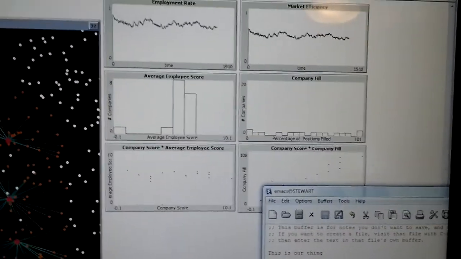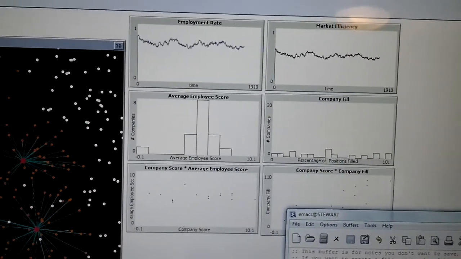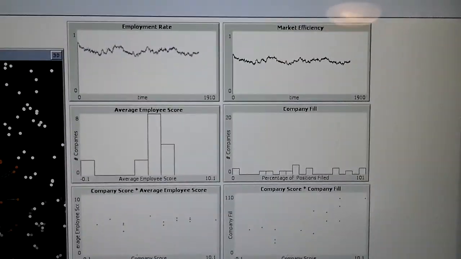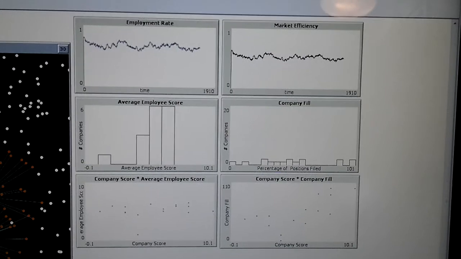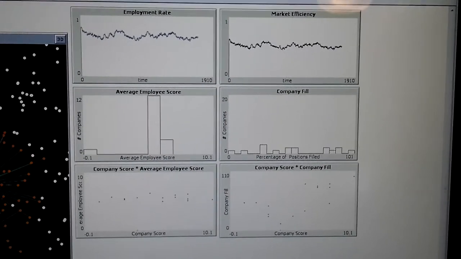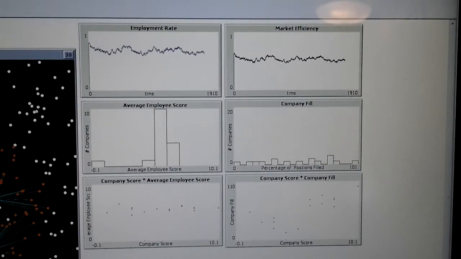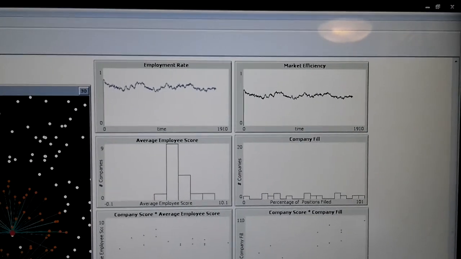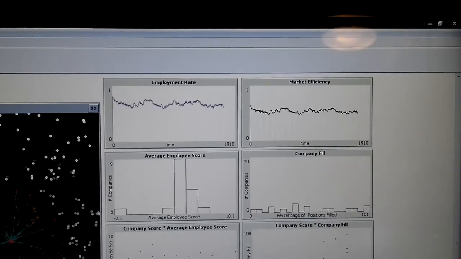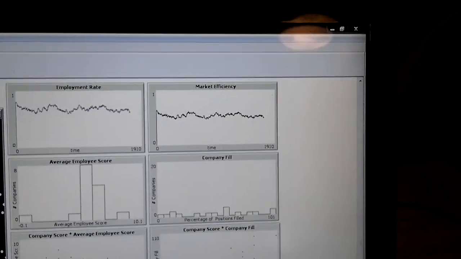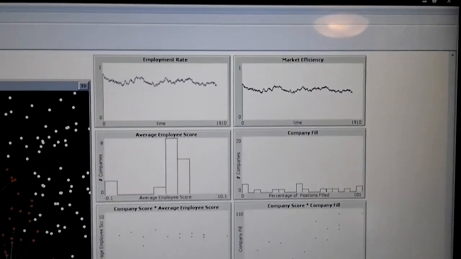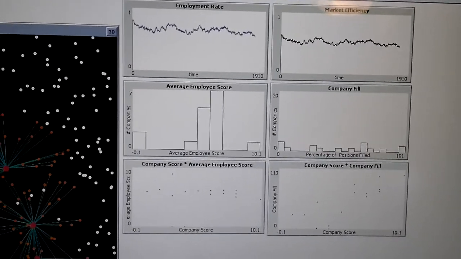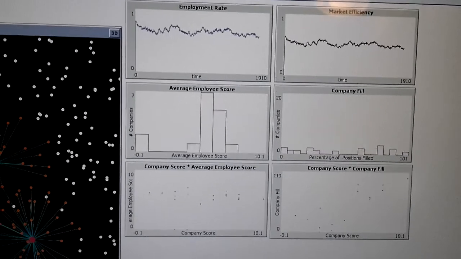We have a bunch of plots to sort of indicate what's going on. Employment rate is the number of people employed. Market efficiency is the total number of jobs filled. So you can see that in this scenario, for some reason the market isn't able to both employ everybody and satisfy the market. And so what you can see is there's a distribution of the average employee score